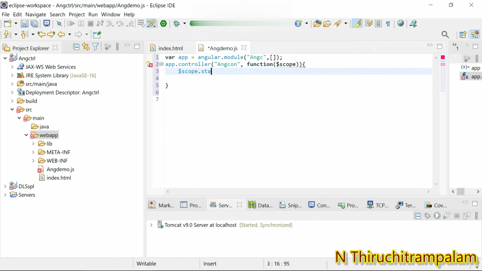I create a variable state. Okay, equal, I'm going to create the object. Right, so how do we normally create an object? As a key value pair. So the key is first name colon, and then the value is Tiruchitrampalam.